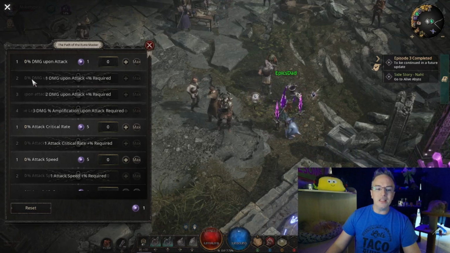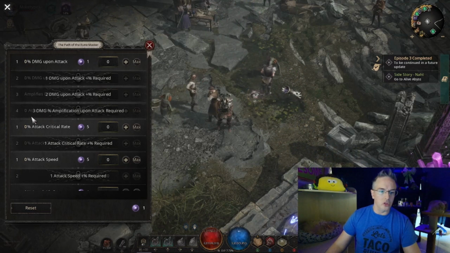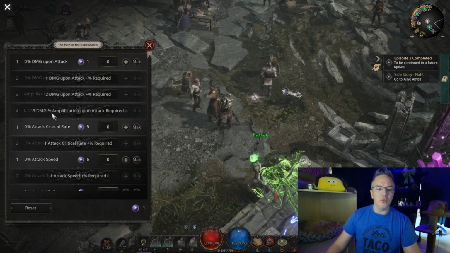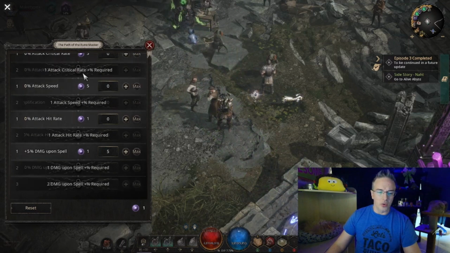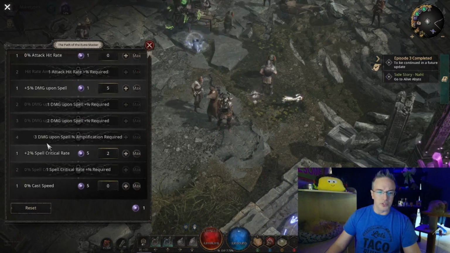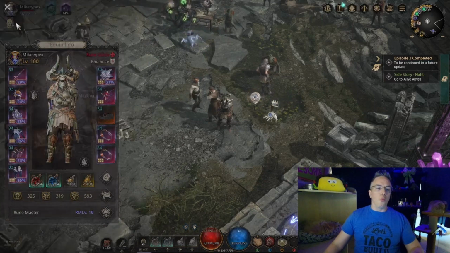It's very hard to read some of these when they're locked. But these bottom ones are generally really, really strong. I think it's going to be something that a lot of builds are going to be trying to get to. So how Rune Master works...